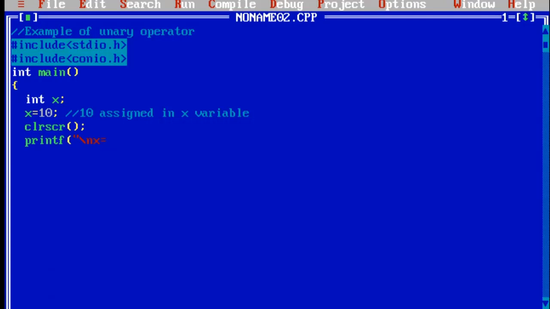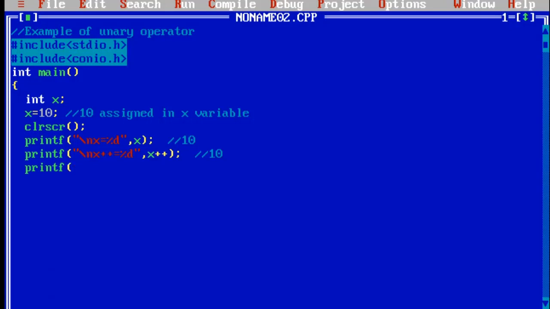Now I am using the operator. First of all, we are printing the value of x. So what is the value of x? That should be 10, right? Now I'm using x plus plus, meaning the post-increment operator. The rule for the post-increment operator is to first assign the value, meaning the previous value, then increment. So what is the value of x? 10. So you'll be getting 10. Why 10? Because we are using post-increment, not pre-increment. So we get the same value.